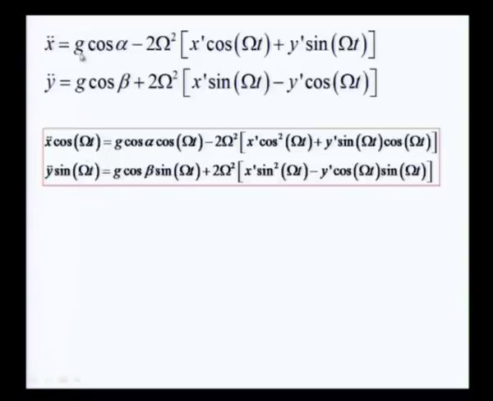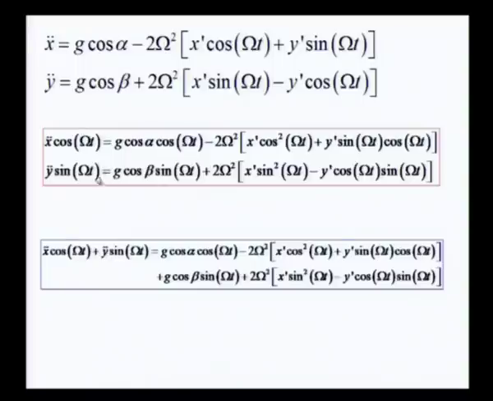So, this term becomes g cos alpha times cosine omega t, and there is a cosine omega t multiplying these two terms as well. Likewise, I multiply the second equation by sine omega t, and then what I am going to do is to add these two equations. This is what I call the first and this is the second, and if I add these two equations